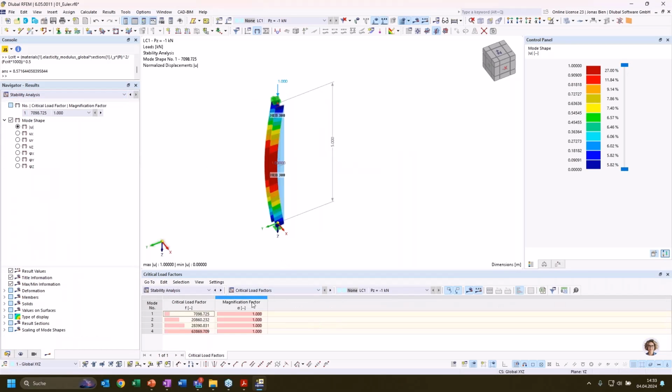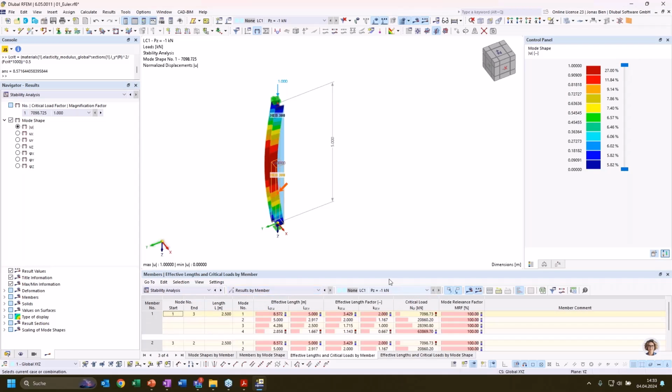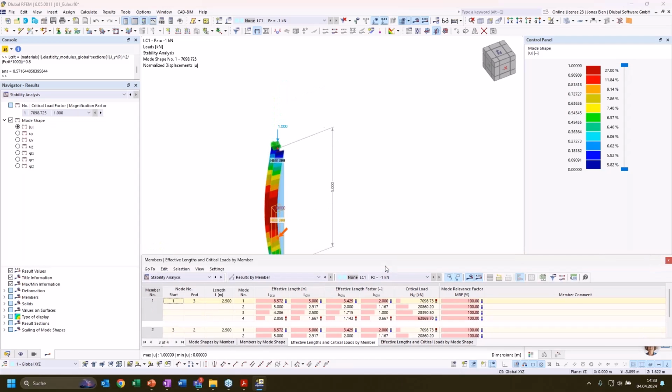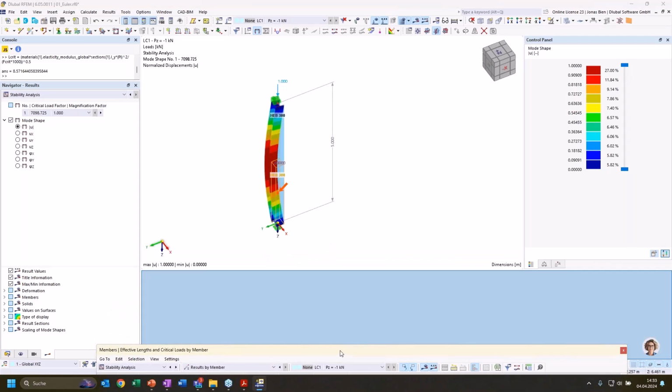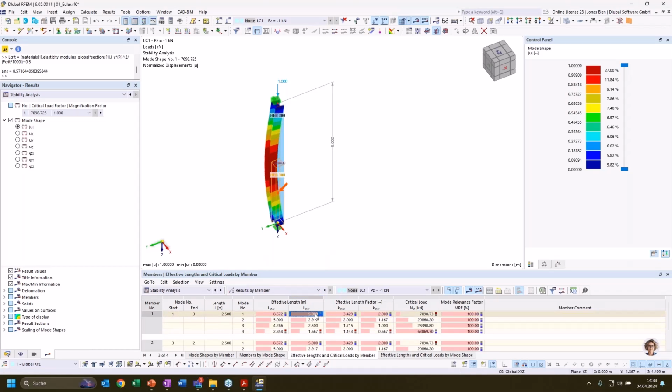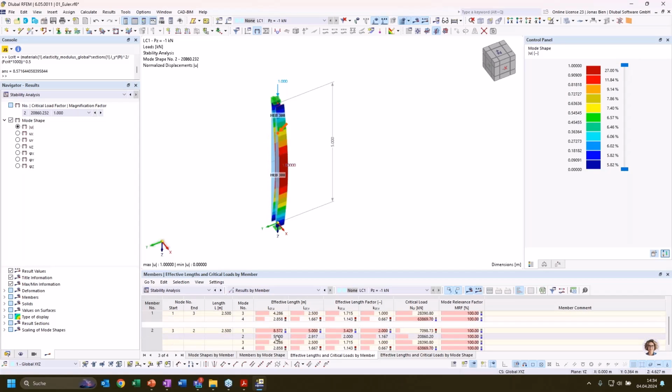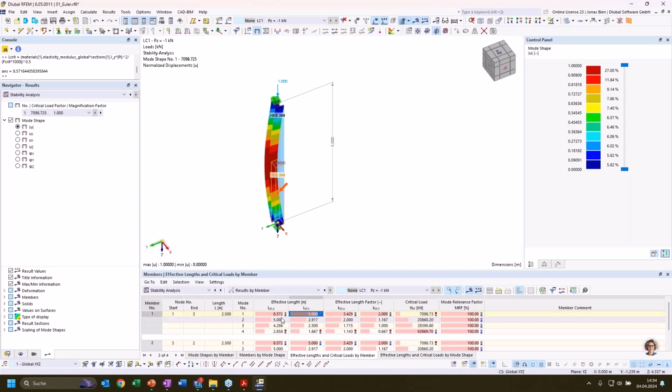Let's see. The critical load factor is still the same as if we wouldn't have divided this column. And now the buckling length, or to say it again, the effective length of our members is also the same. So now we have two members, but the effective length for each member is still 5 meters, and that's what is expected when we again